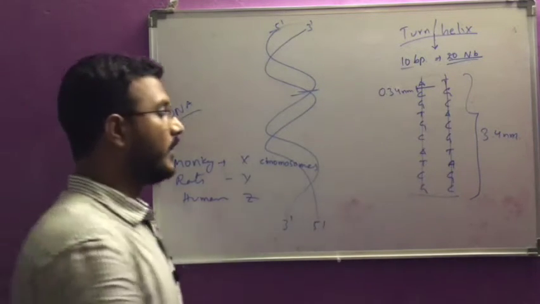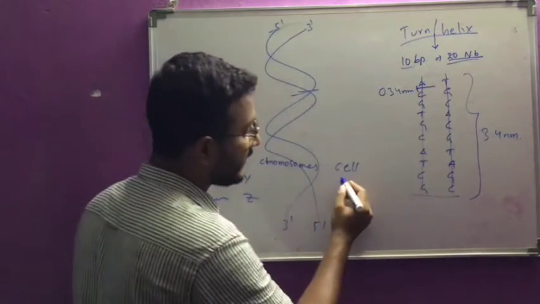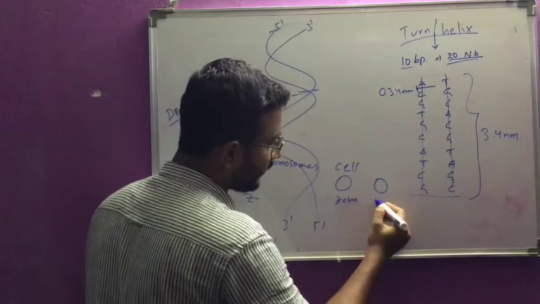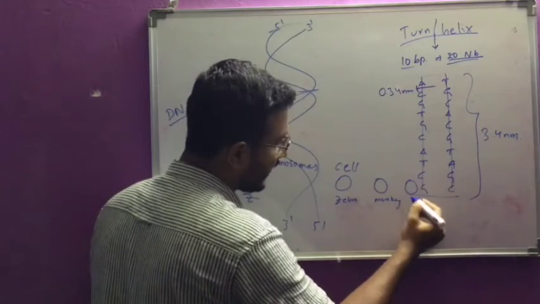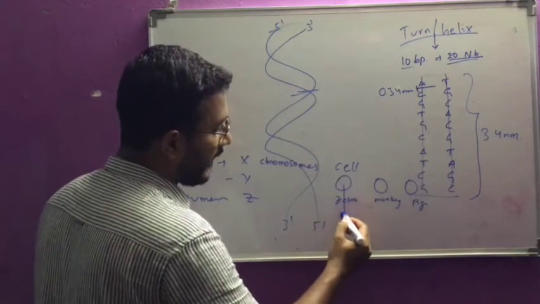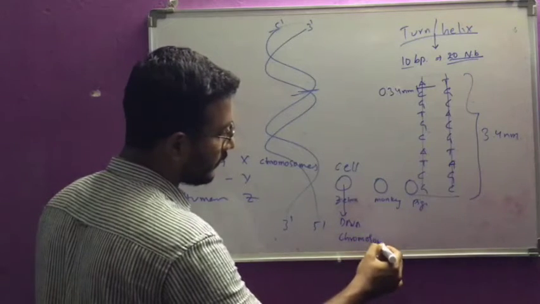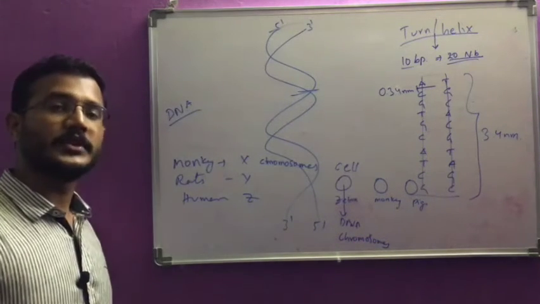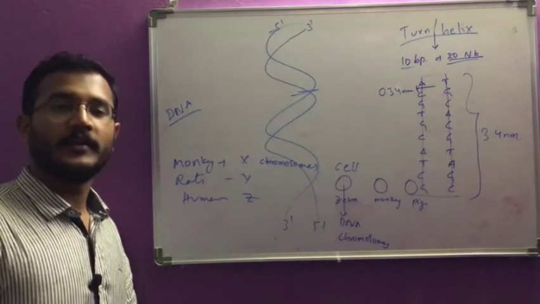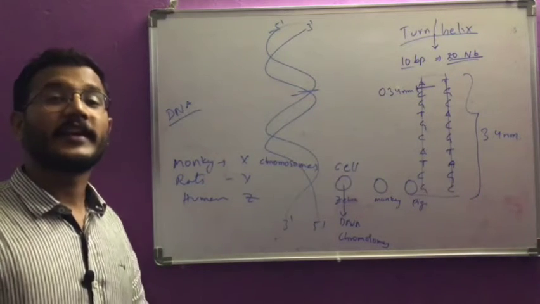For example, I only gave you a cell, and I didn't show you the animal. This is a cell of zebra, this is a cell of monkey, this is a cell of pig. Now, from this cell, I will isolate the DNA, that means chromosomes, and I will map the chromosomes. By counting the number of chromosomes, I can tell this cell belongs to zebra, that cell belongs to monkey. That means the number of chromosomes is specific for each and every species.